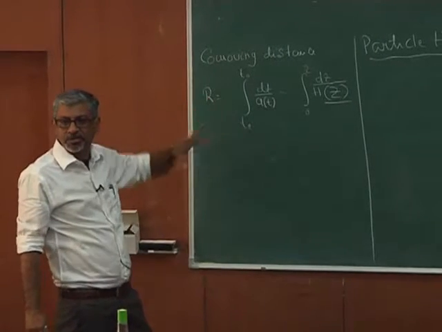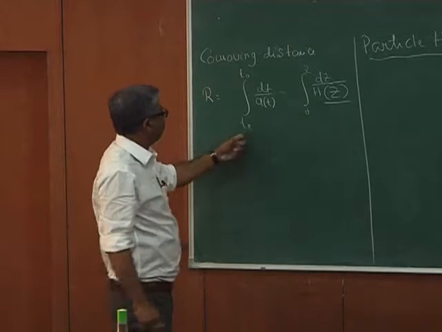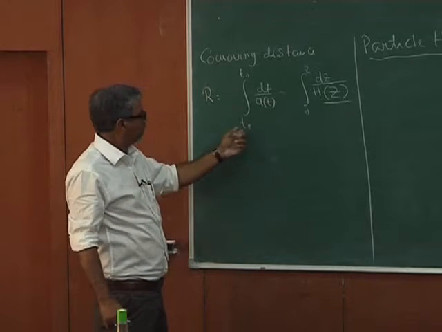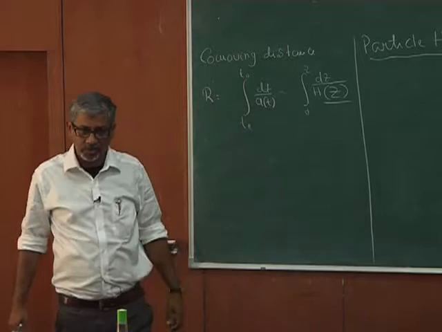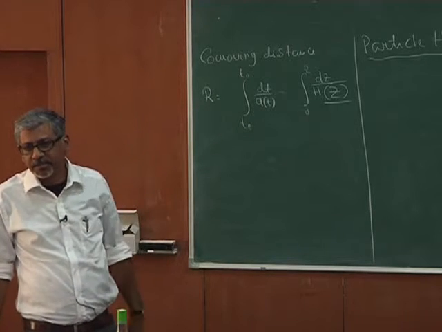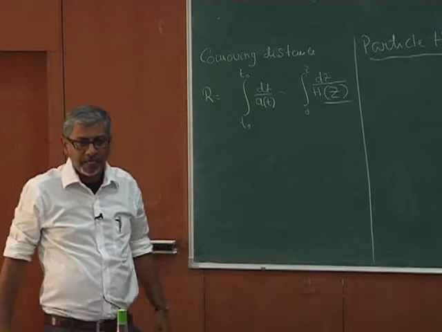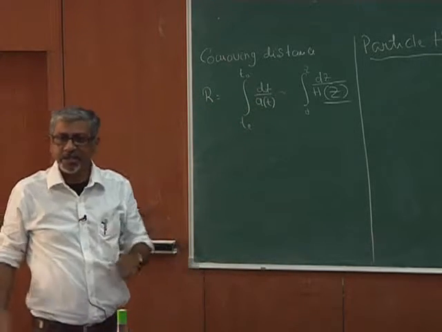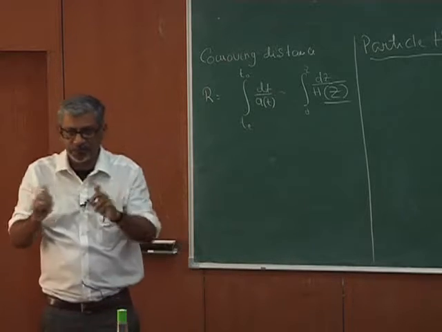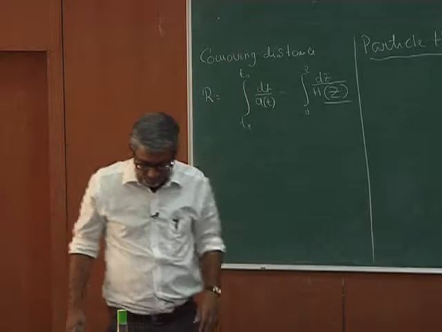So that is my co-moving distance, and then I can just multiply the scale factor. So I just want to calculate what is the distance that we have from t equal to 0 to t equal to t naught, fine. And if that thing is infinite, then I can have an infinite place from where I can receive light, fine. And if that is finite, then I can only have a finite region from where I can get the light, okay. So let's say I do the calculation.